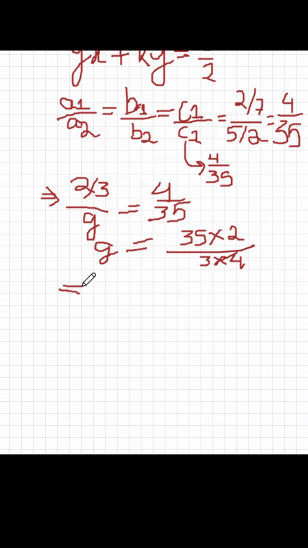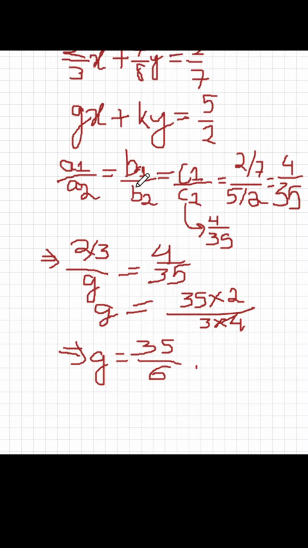So that means g must be equal to this will be 70 and this will be 12, so that can be reduced to 35 by 6. So this is g. Similarly for k we can do a ratio of the y coefficients b1 by b2, so